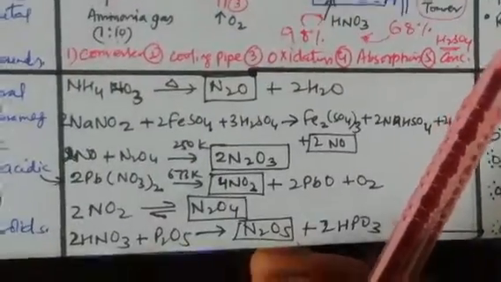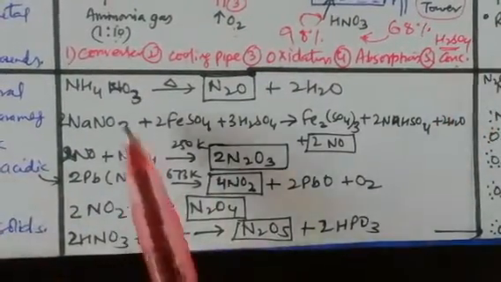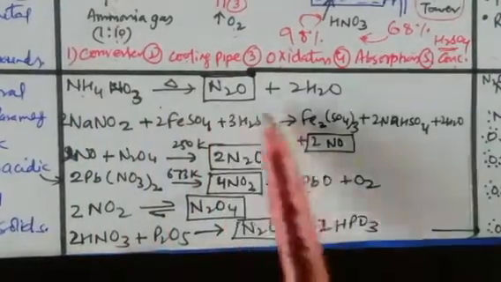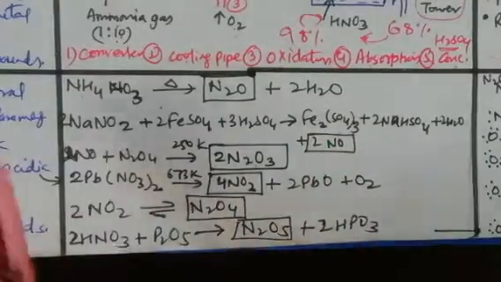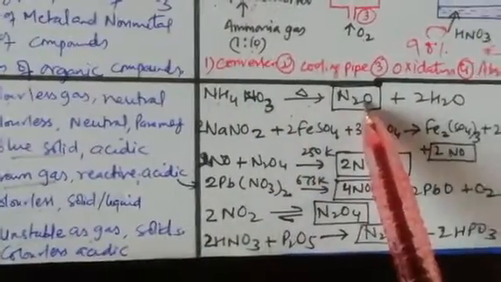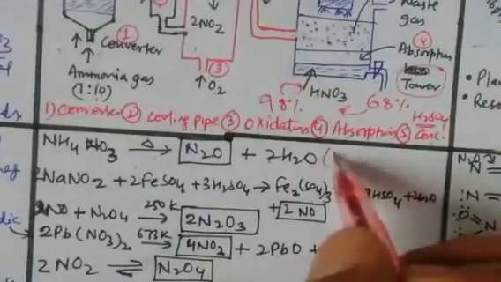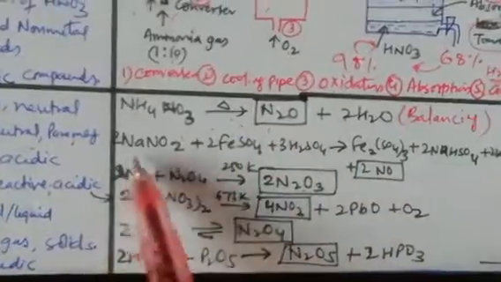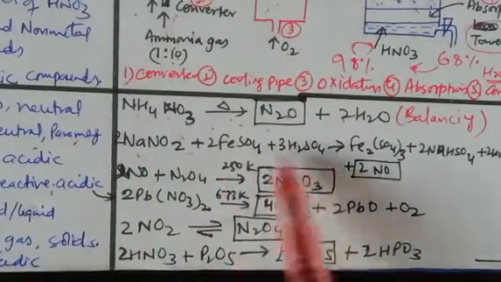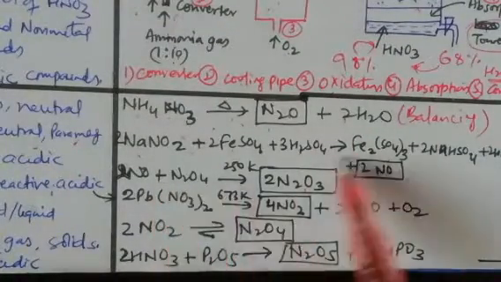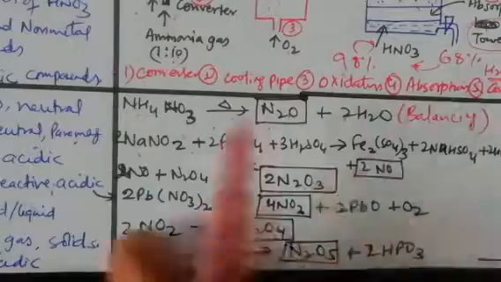Whereas if we talk about the preparation of these oxoacids, it is very simple. Ammonium nitrate will decompose and give N2O, which is written in the box. It means that we need to prepare it. So if we are preparing N2O, NH4NO3 will be heated, and it will give N2O plus 2H2O. Now here your main work is to balance. If it is balanced, it means that it is manufactured. Second, sodium nitrite, ferrous sulfate and acid, when they react, will convert like this. So I'm going to send this picture, try to understand.